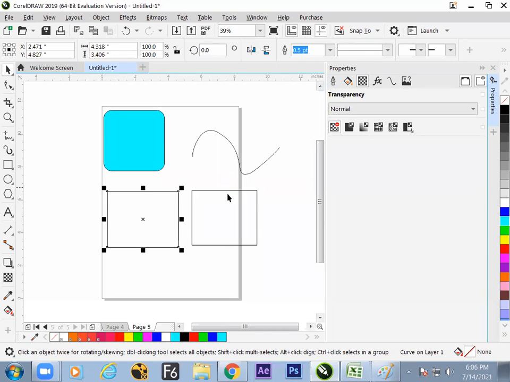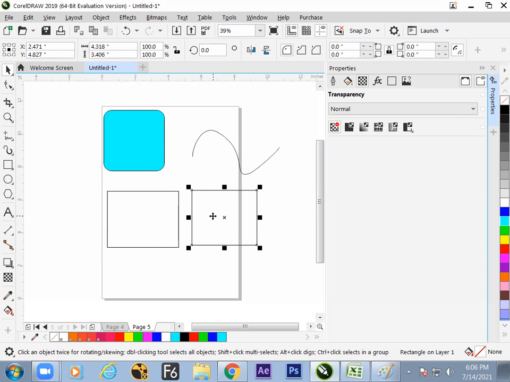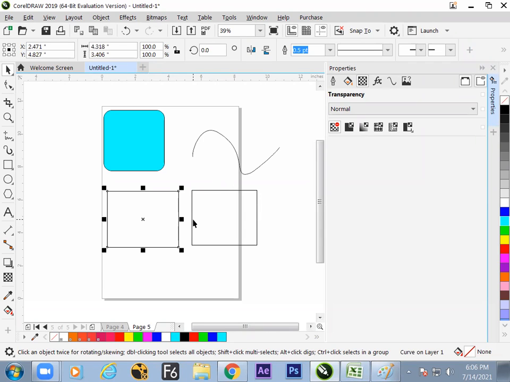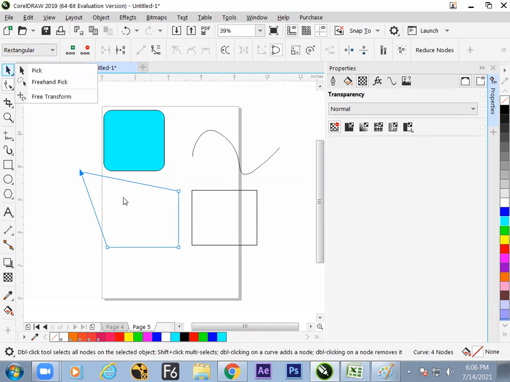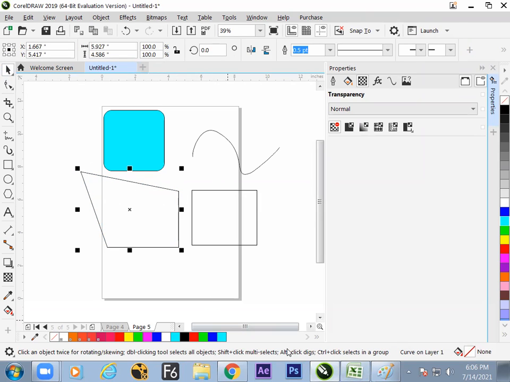By looking at that, we can tell this is a convert to curve object, and this is a basic rectangle object. Is it okay? Now the question, why are you doing this? The answer is to get one particular point to rise up. Unless it is converted to curves, we cannot move any point anywhere. So now the answer is clear.